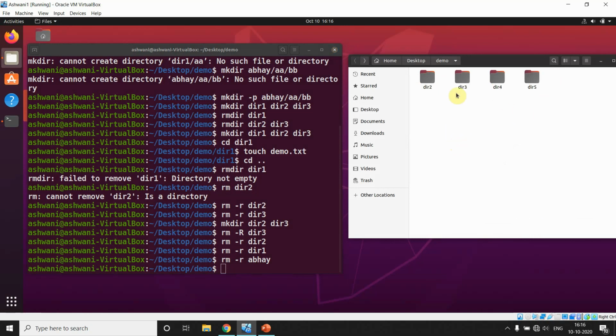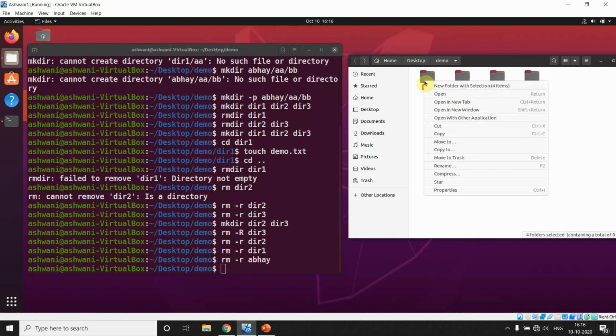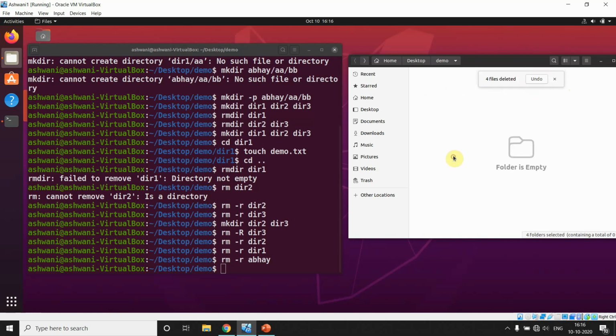But look here, abhay and dir1 are not available. So it will not give you any undo option. Once you delete anything, like a directory which contains files and folders, it will not come back. So just take special care when using this command.